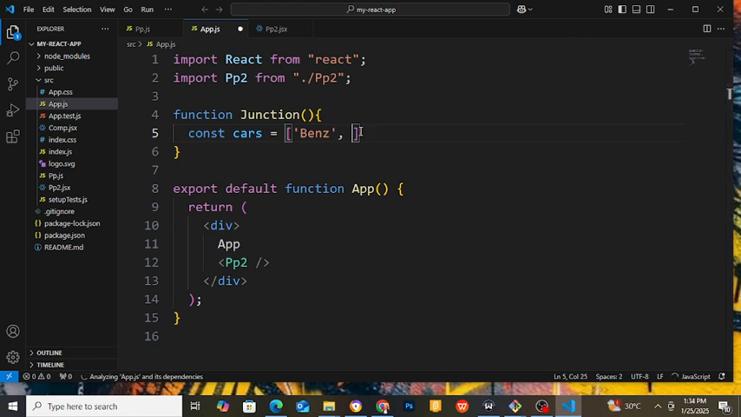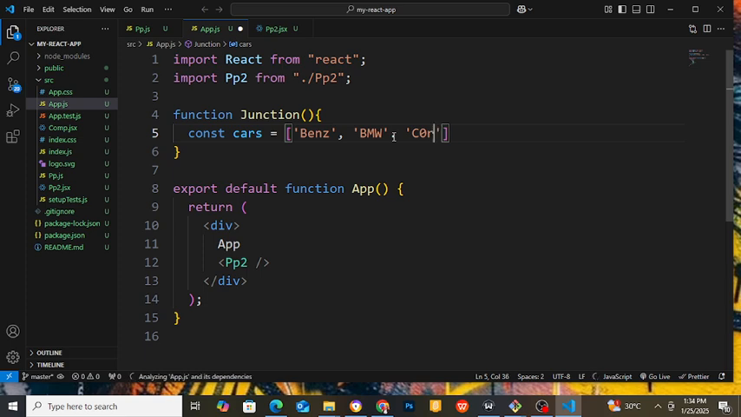Press anything. You can see BMW, I can see Corolla. So this one has to be a comma. So let me just use that too. So now